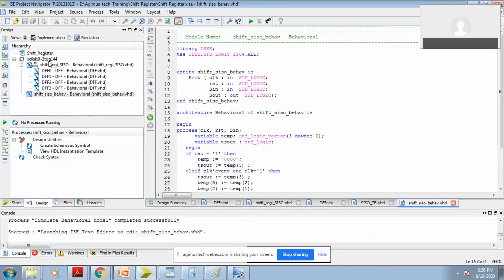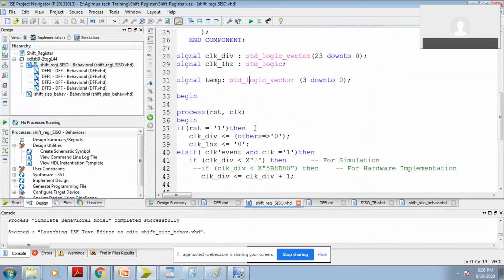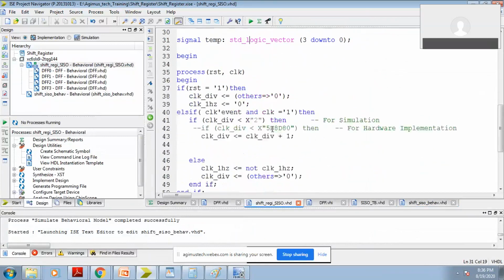Basically, what's happened here? I've declared a signal, a 24-bit signal here, clock div. If you increment the clock div, obviously it reaches a certain value. Suppose if the clock divider value is less than 6 lakh, I keep incrementing that clock.